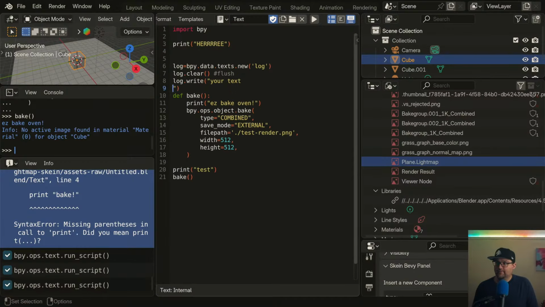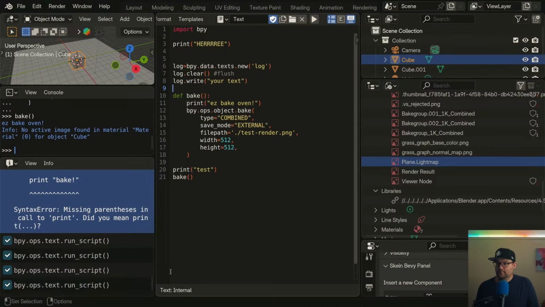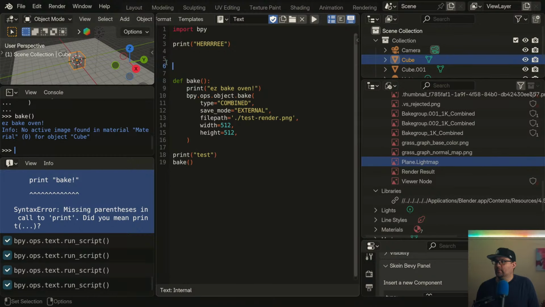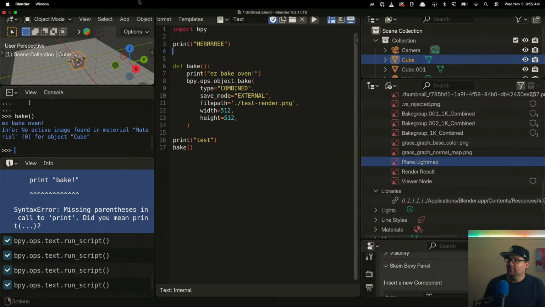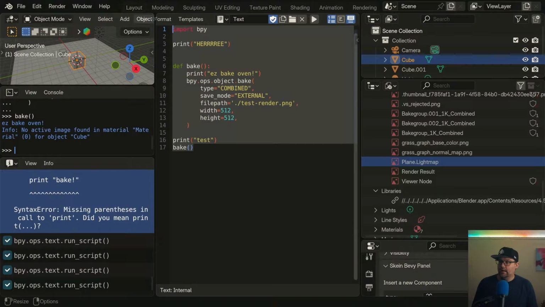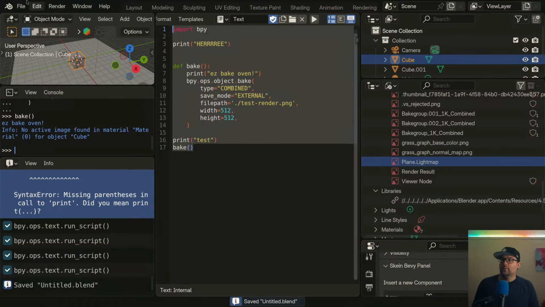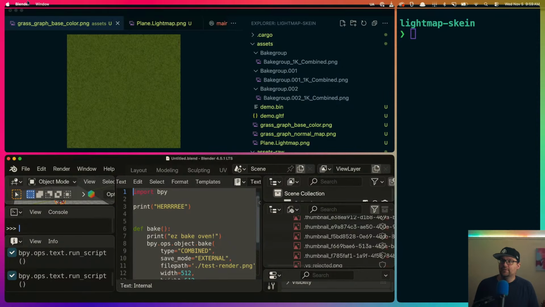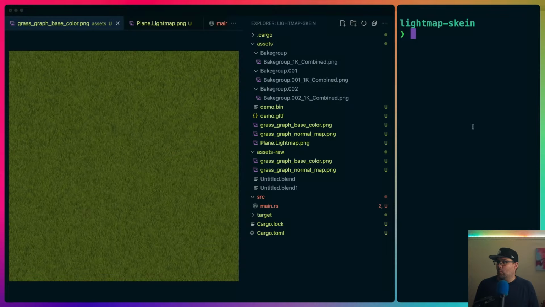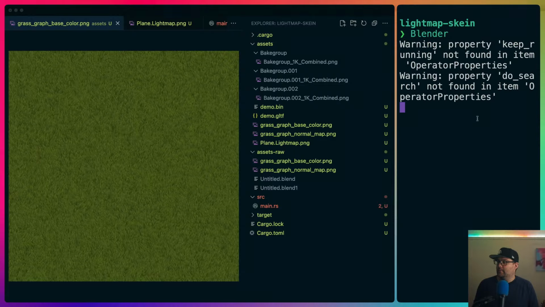Now we're just dumping stuff. Nope. Doesn't matter. Created that file though, so this script is running. So really that's it. Really the issue is I'm going to save this. We're going to run Blender from the CLI so that we can actually see the output. It's wild to me that we have to do this, right? But if I run Blender,